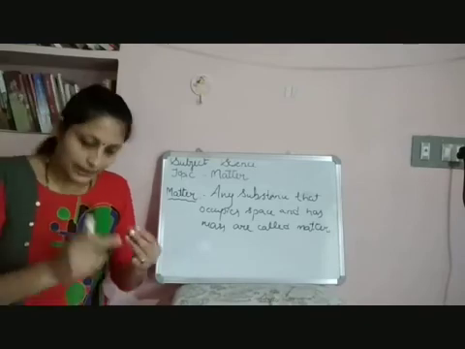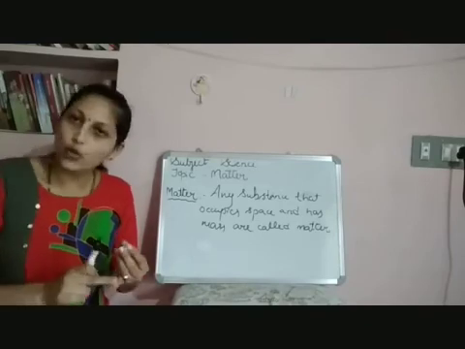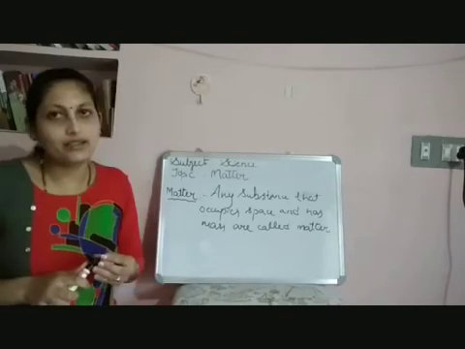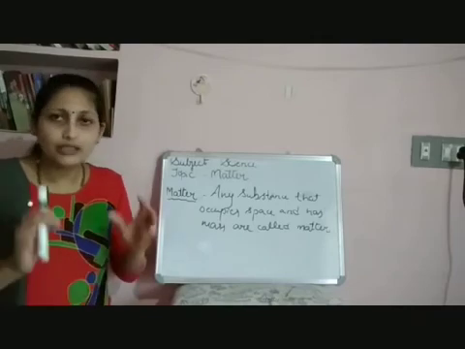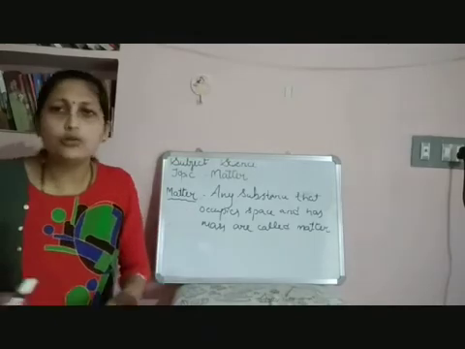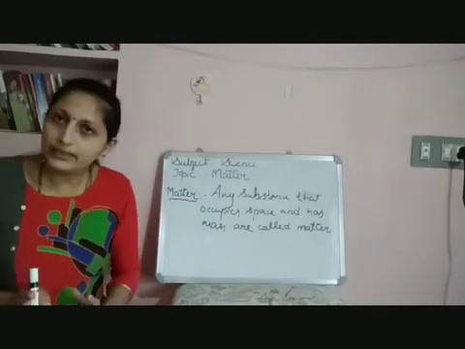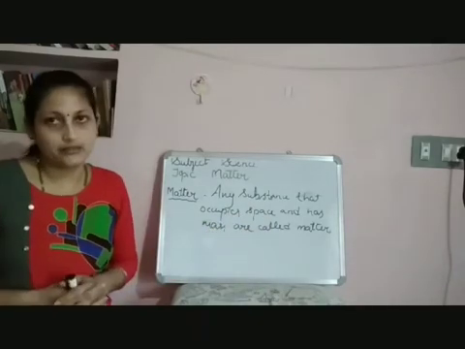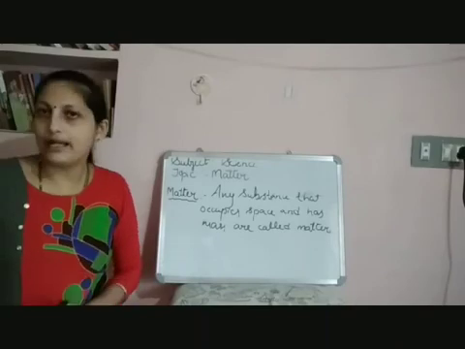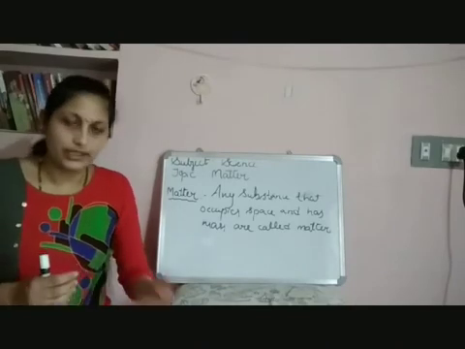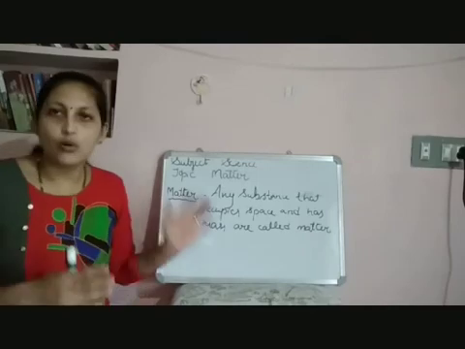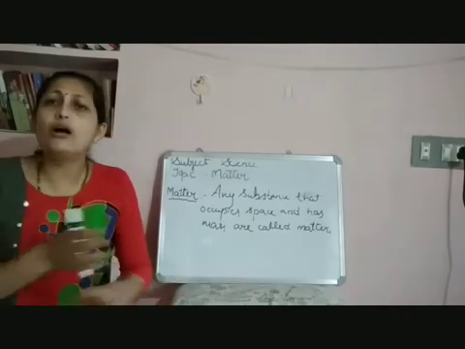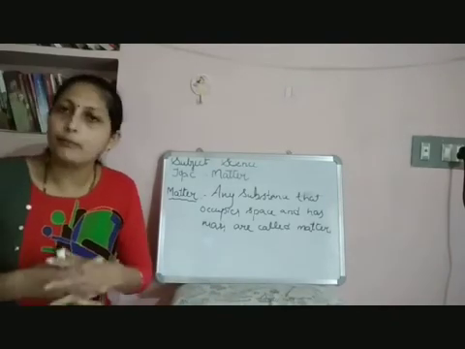For example, a table. It occupies space. It has its own weight. Oil. It has weight. It occupies space in the bottle or the container. Like that, all the objects that you see around you are made up of matter. So what is matter? Any substance that occupies space and has mass is called matter. For example, this bottle, your textbook, your notebook, chalk piece, board, TV, refrigerator, table, fan, whatever it is, all these objects are matter. They are all made up of matter.